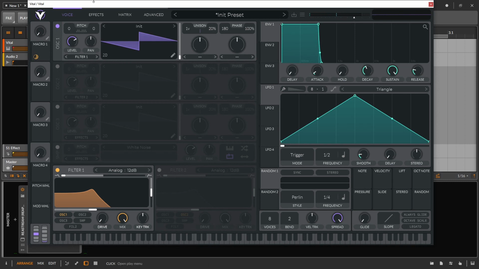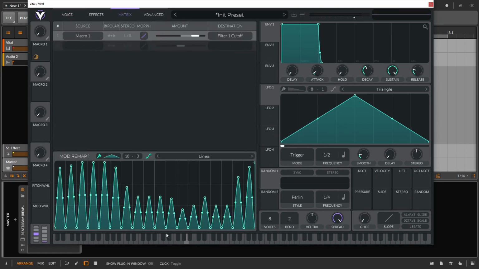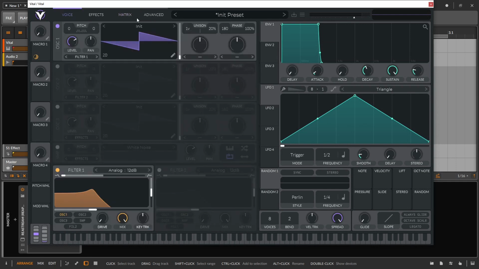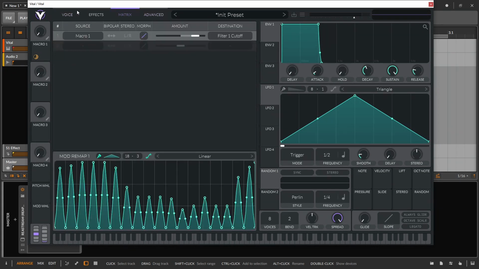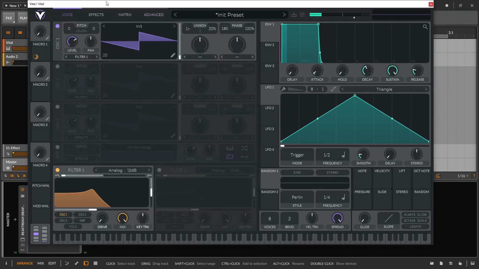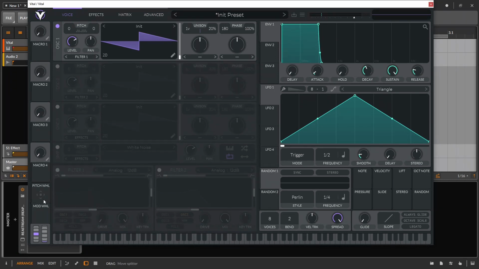So whilst there are only 4 macros here, if combined with this mod remap section, you can basically have them generate an infinite amount of macro shapes. Well, not infinite, there's only 64 slots, but a lot more than you would need for most things. So just below the macros here, you've got a pitch wheel modifier,